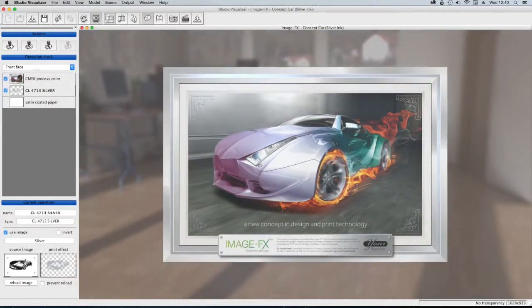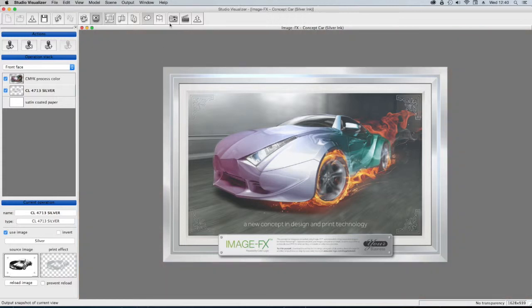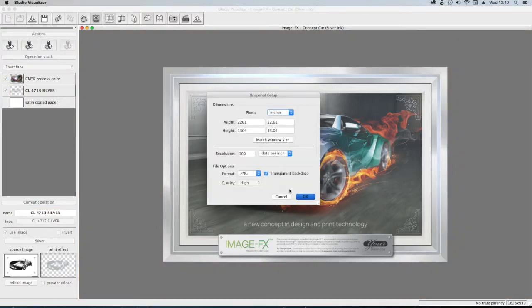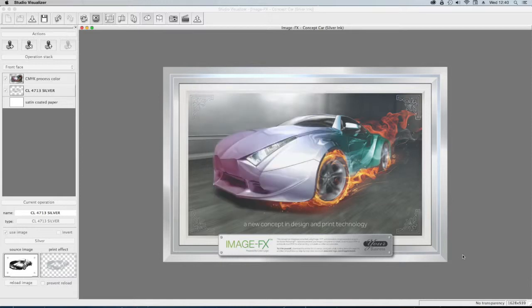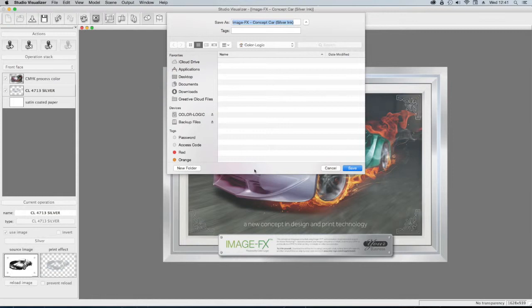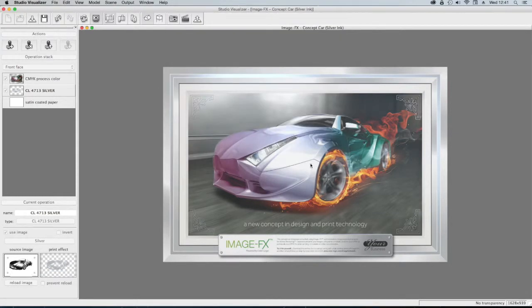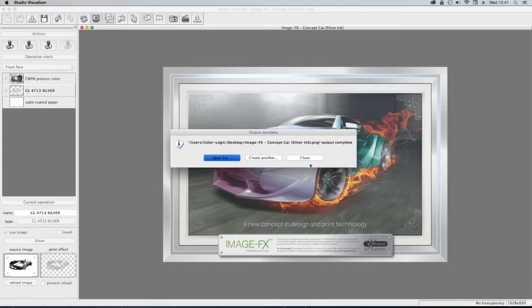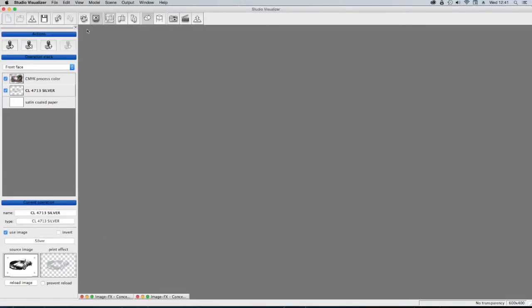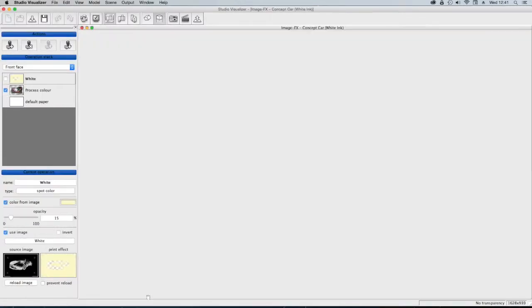And whilst I'm here, I'm actually going to make some images. Kind of a cool thing you can do with the Esco product is make photographic images of your visualized file. So I'm doing this so that I can use these and update them on our website, and then everything will match together. So save that, and then we'll do the white ink version. So that was that one. The white ink version,